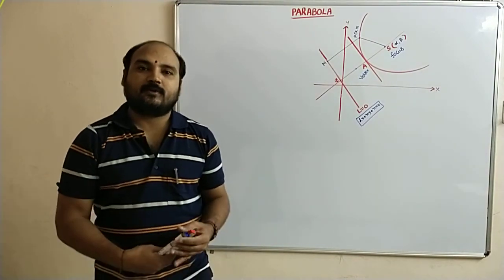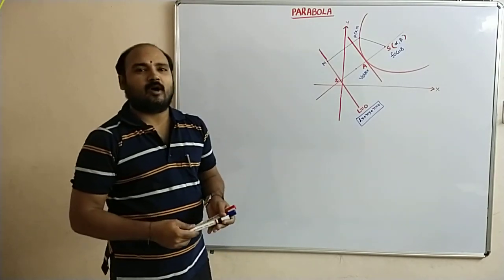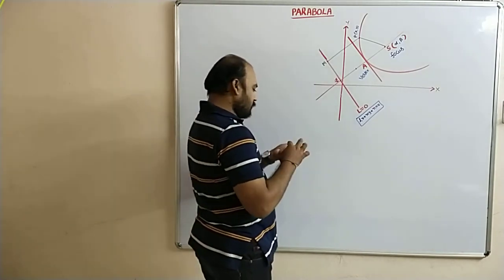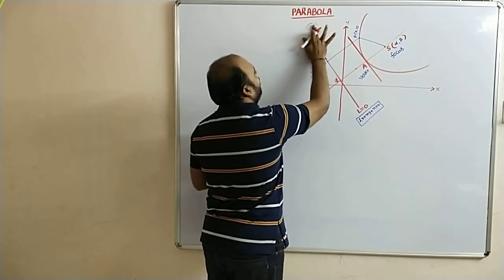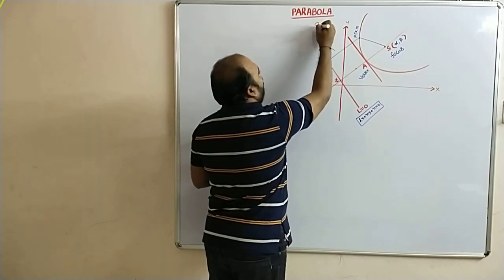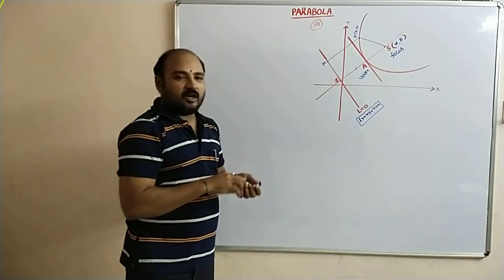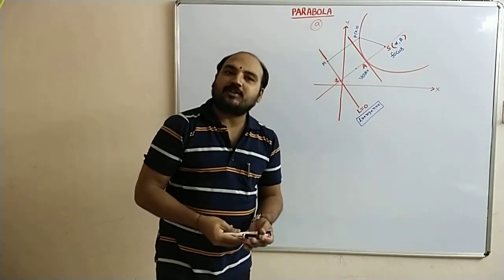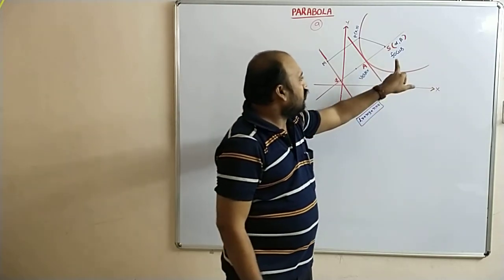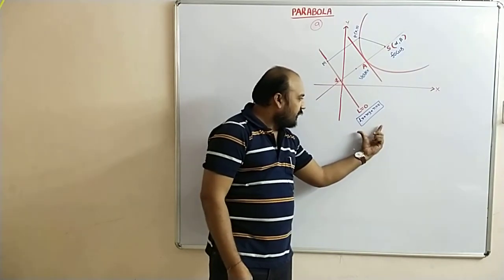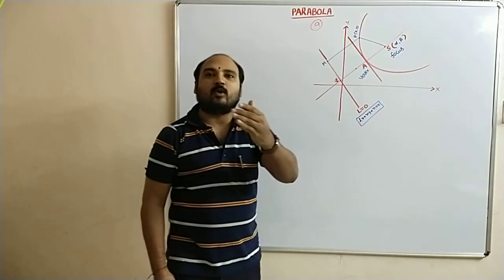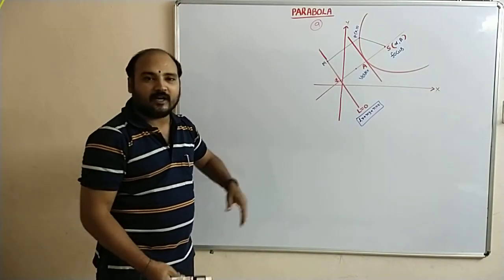The next concept, the ninth model, if you assume the previous eight are completed, you can write it as the ninth one. This is the general one. The equation of the parabola whose focus is at alpha comma beta and directrix is Lx plus My plus N equal to 0, that is what I am going to calculate now.